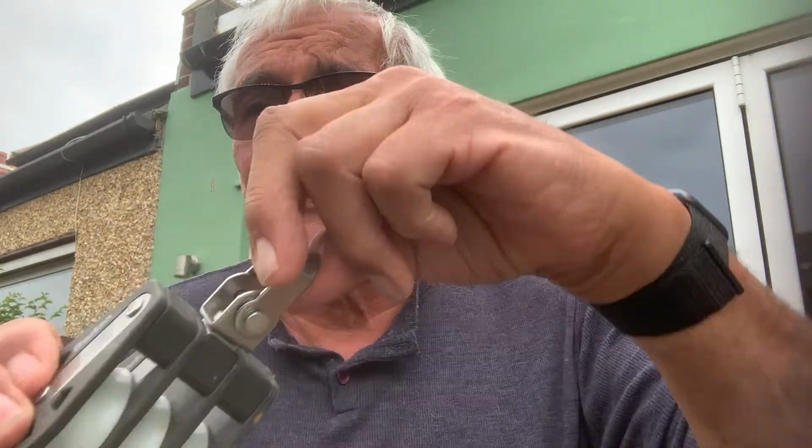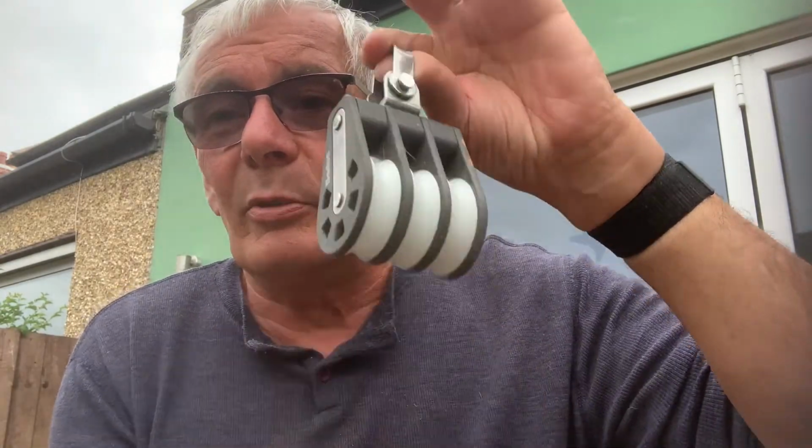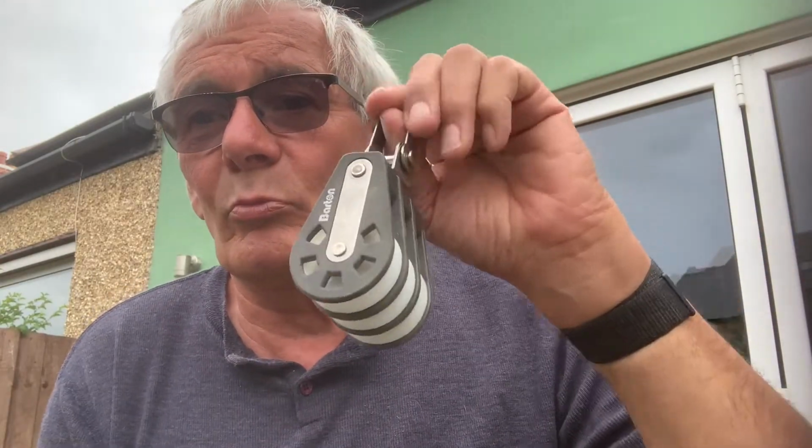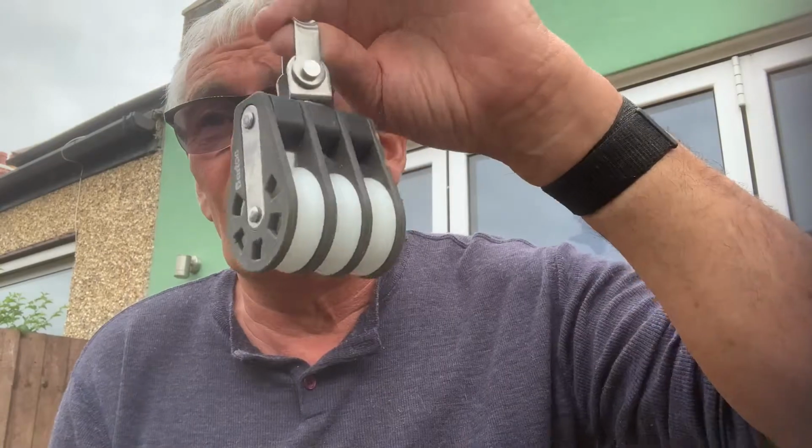is use your topping lift. It would be a temporary solution, but it would be enough to get you out and about. Use your topping lift to put a block on. You'd only need two. It could be two loose ones or one twin one. I've only got a triple one at the moment. But you pull that up using your topping lift, and then from there